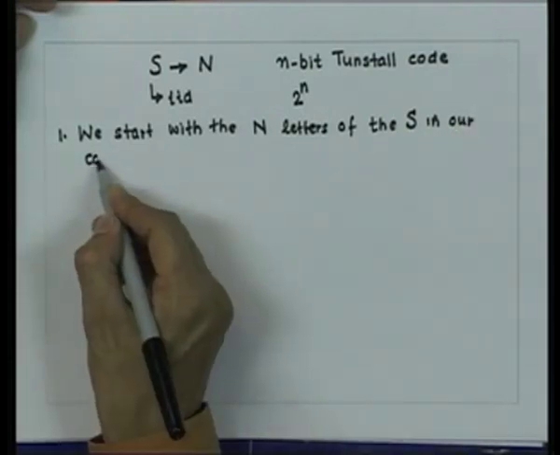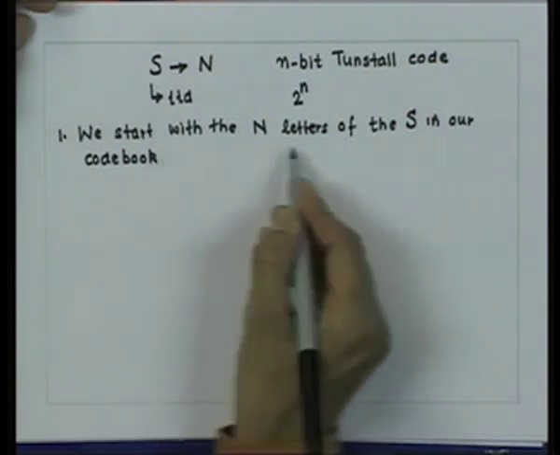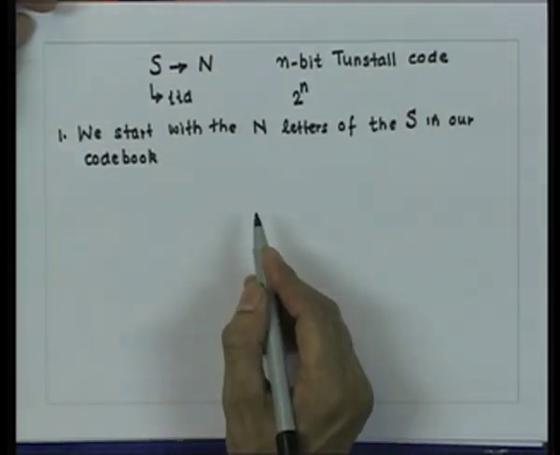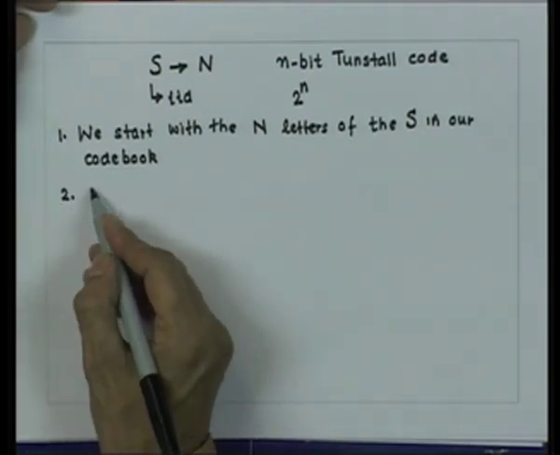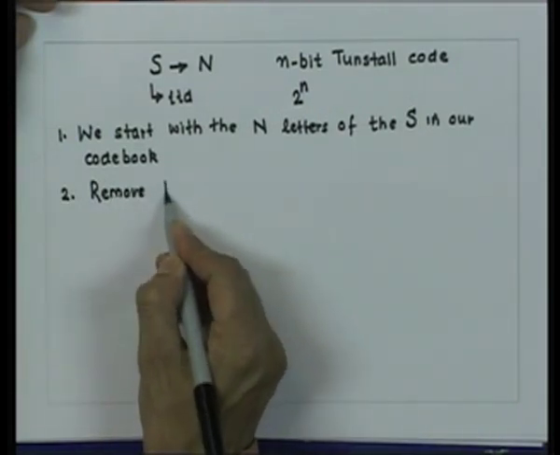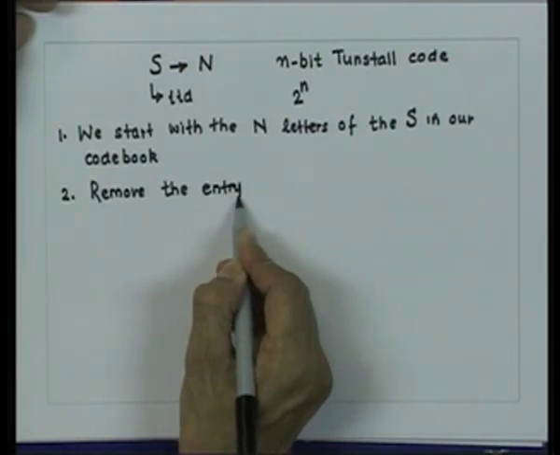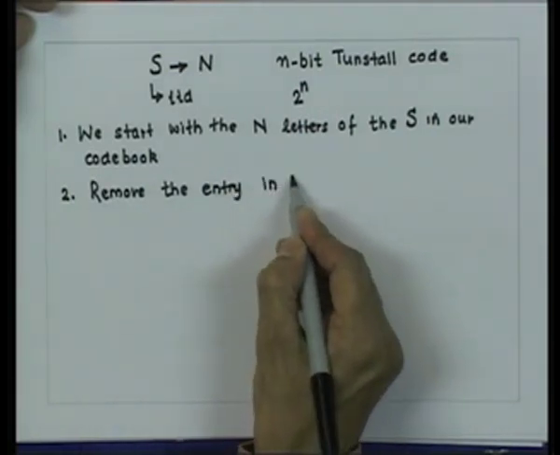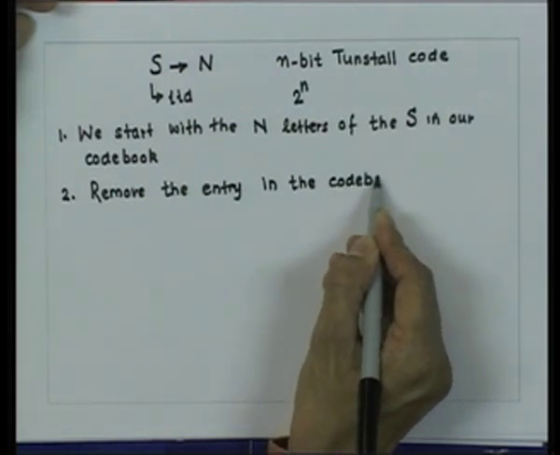So, we place in our code book the n letters of the source alphabet. Then the next step is remove the entry in the code book